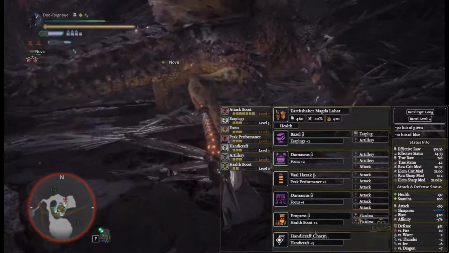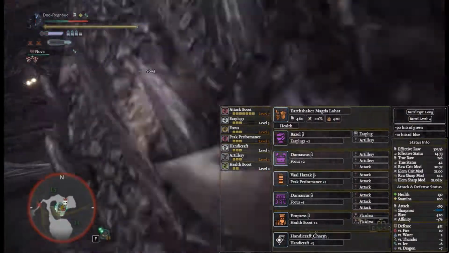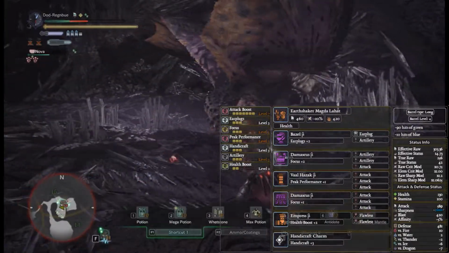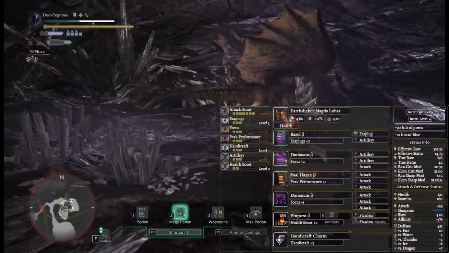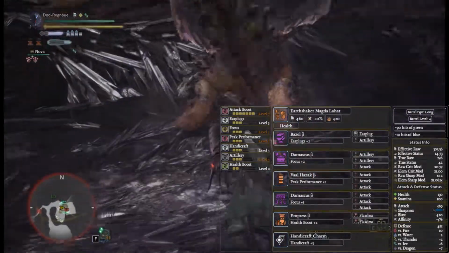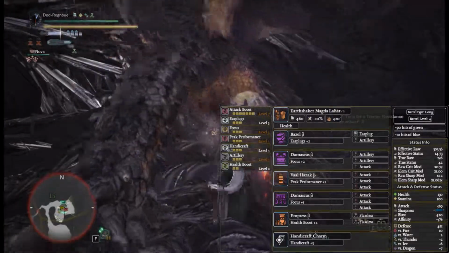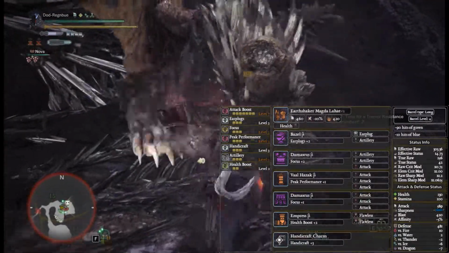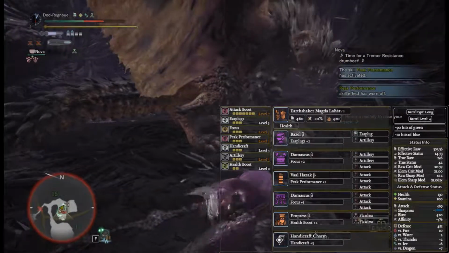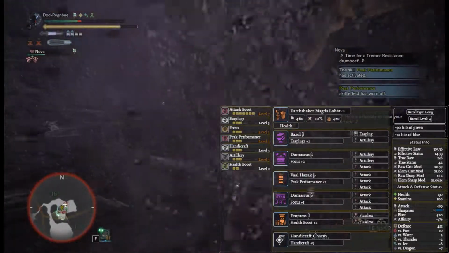Now this build dishes out a lot more damage for 2 reasons. One, you're able to charge your shells a lot quicker with Focus level 3, and of course Peak Performance if you are able to keep it up and applied. Even when Peak Performance does run out, you are still effectively dealing more damage. However,